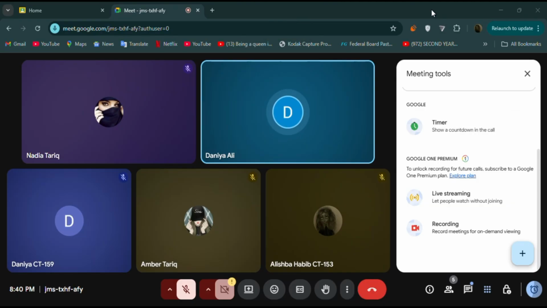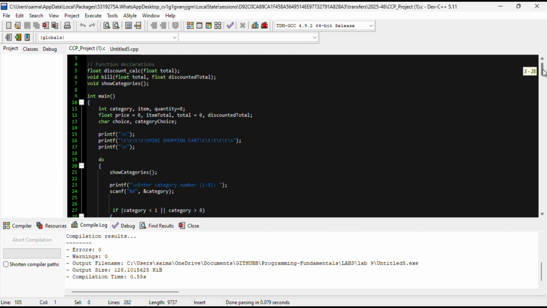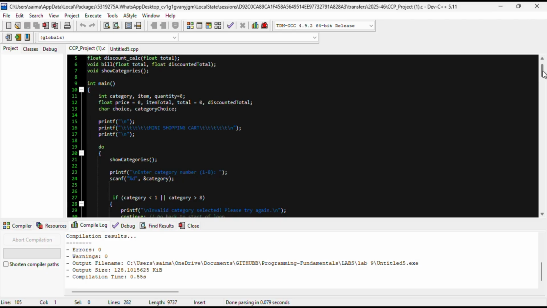So first of all, when you look at the code, you will find that at the beginning there are header files that include the functions that we have used in the program like printf, scanf. Then following them are the function declarations of the 3 functions that we have used in our code. These functions are of float and void data type. Next, we have used int main, which describes the beginning of the main program.